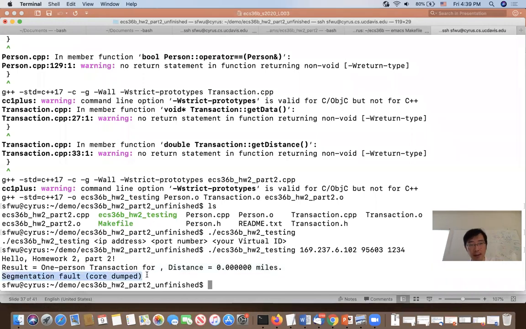Have you seen this one? This is called a segmentation fault. Have you gotten a segmentation fault in ECS36A? Anybody? I got it once when I was doing homework 1 part 2, and I was editing stuff. So you're not getting this from ECS36A? Oh, I'm impressed. Actually, I'm kind of surprised, because you're supposed to start seeing segmentation faults